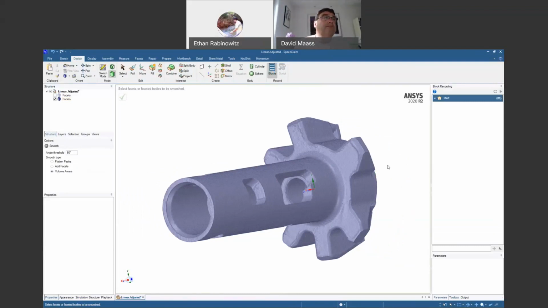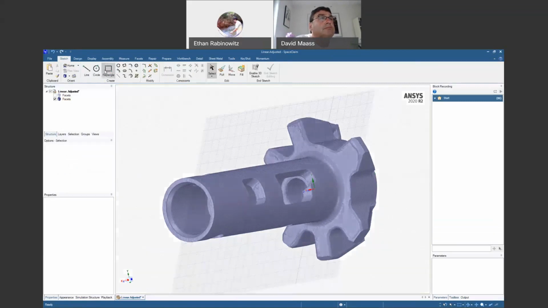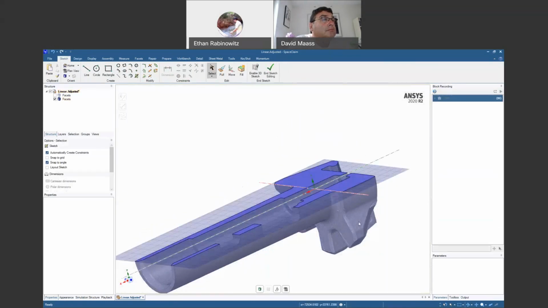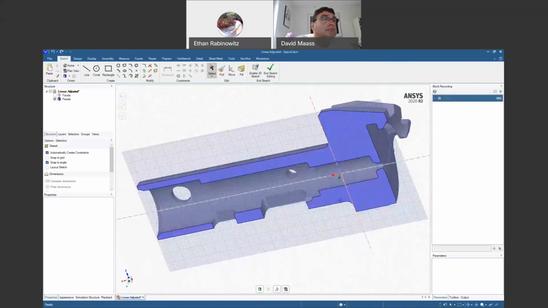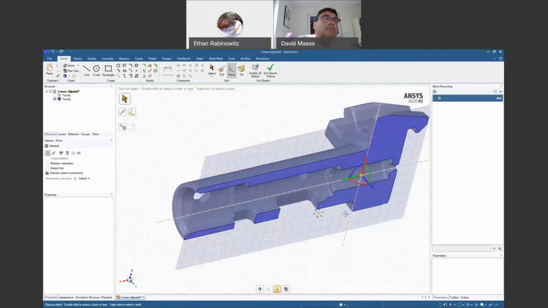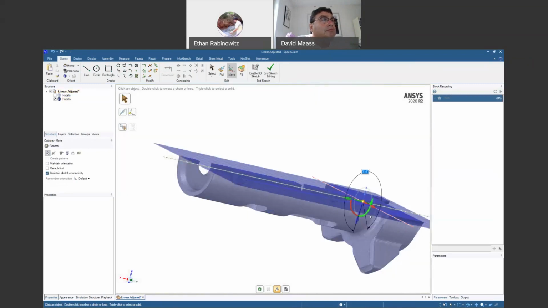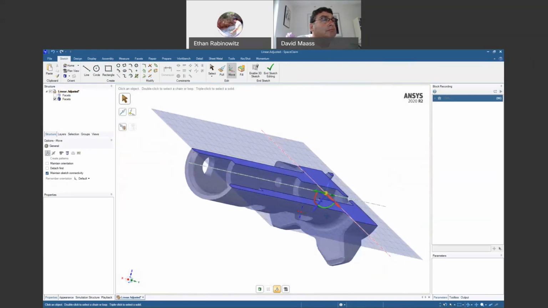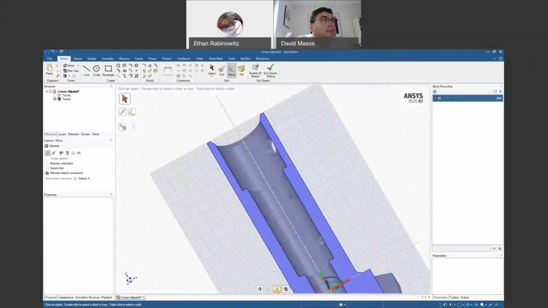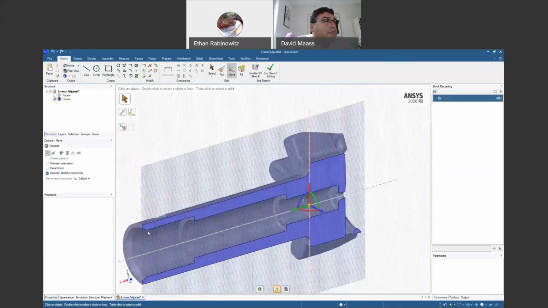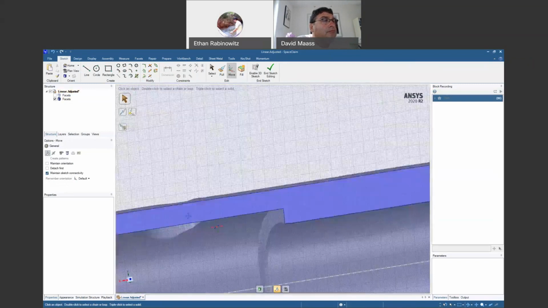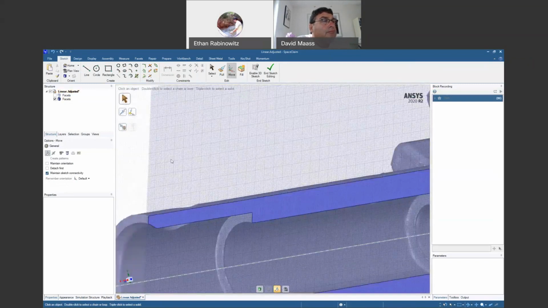I'm going to go back into our sketch mode here, and I can select that plane here. We'll just rotate this around a little bit. All right, so we are in a good position. We've got our block recording on,